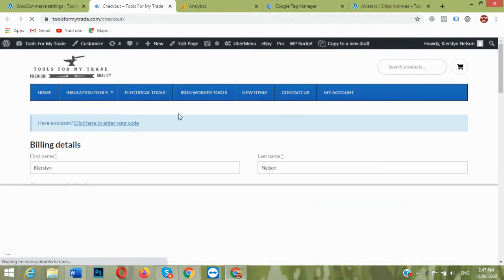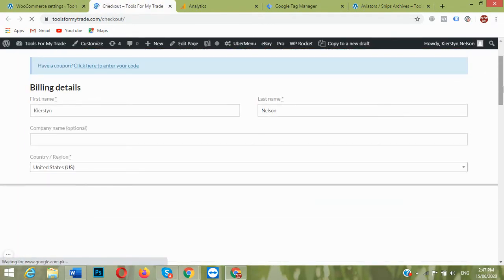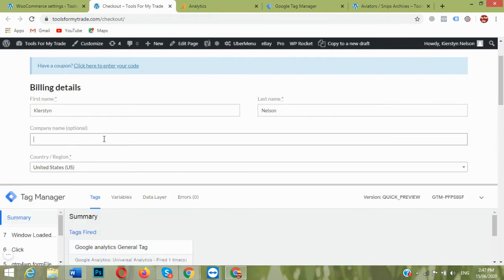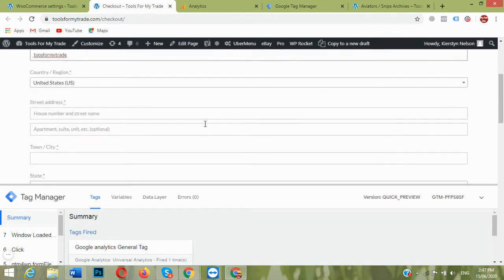Save and copy this. Name of your company, rules of my trade, size US, street address.